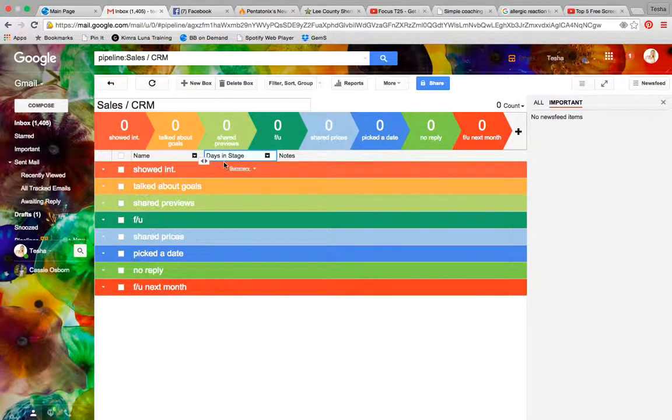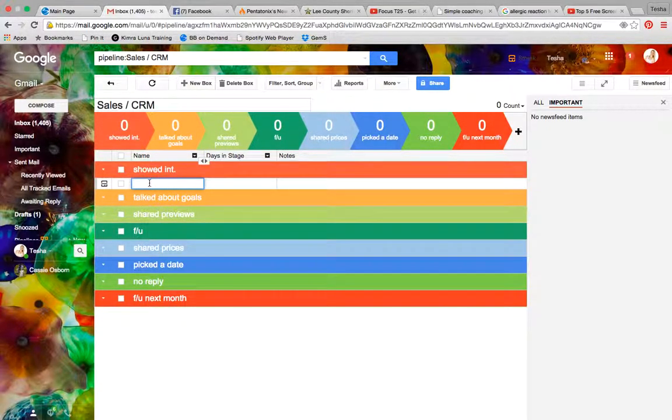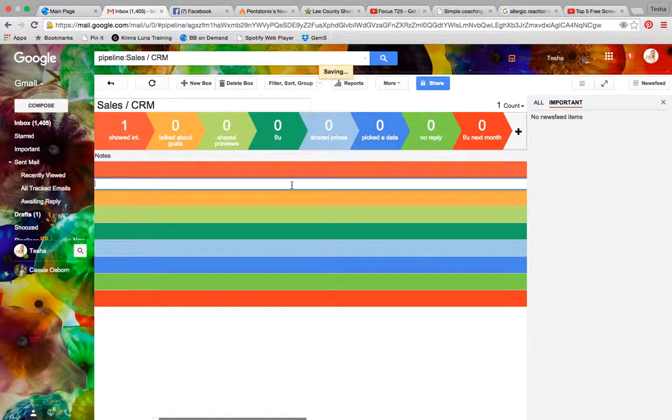This tells you how long a person's been sitting at that particular stage. So when you're doing your follow-ups, you know exactly what to talk to them about and how long they've been at that stage, which is really cool. So say that you met Sally and she showed interest. Okay, so Sally Jensen, and she needs to lose 75 pounds,